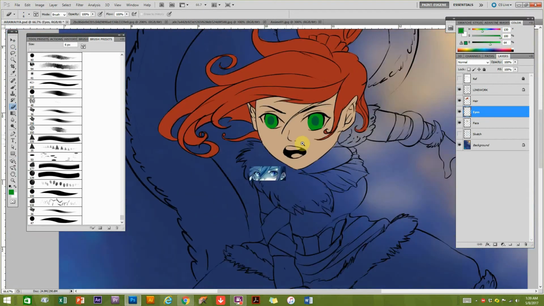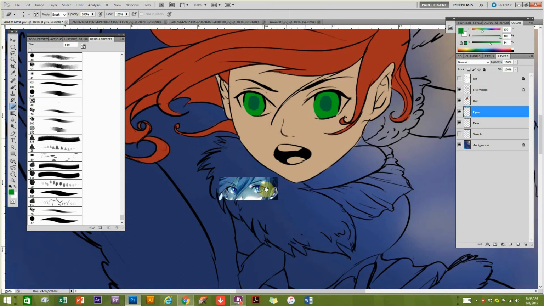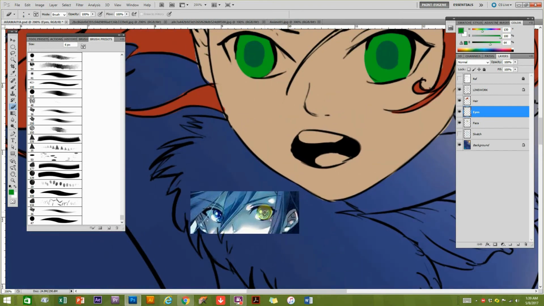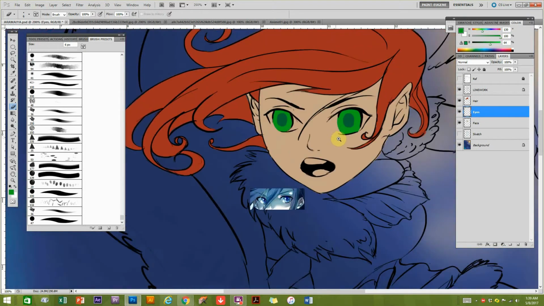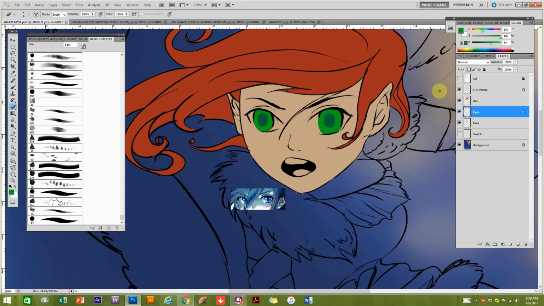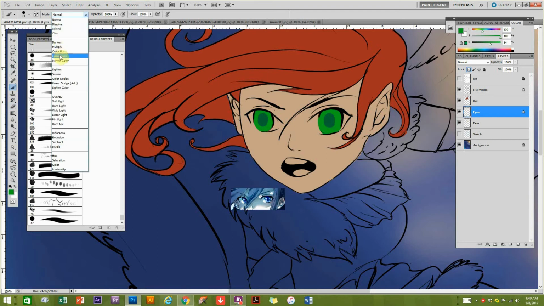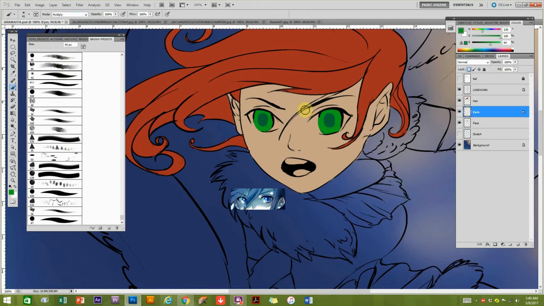So I've got her green eyes, right? So if you observe the eyes right now, they are darker on top, and this is bright thing like an illumination on the bottom of the eye. So we want to do the same thing for her eyes as well. So what we're going to do is we're going to lock the alpha first, get a soft brush for this, I think, and choose the multiply mode. Alright, soft brush, multiply mode, and lower the opacity of your brush so that you can be very gentle with the coloring. Yeah, so you've got a little bit like that, I think should be sufficient,